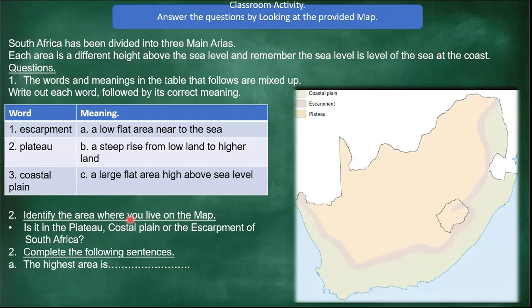Okay, Ntando on the group chat says plateau. Faith, you want to say something? Ma'am, I wanted to answer as well. Oh, what's your answer? The plateau. It is the plateau. That's correct. Let's move. The lowest area is